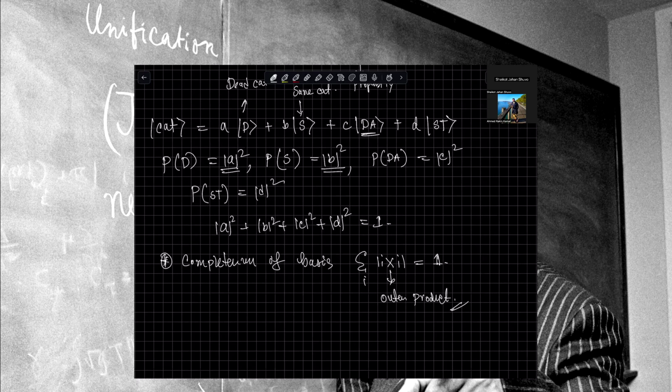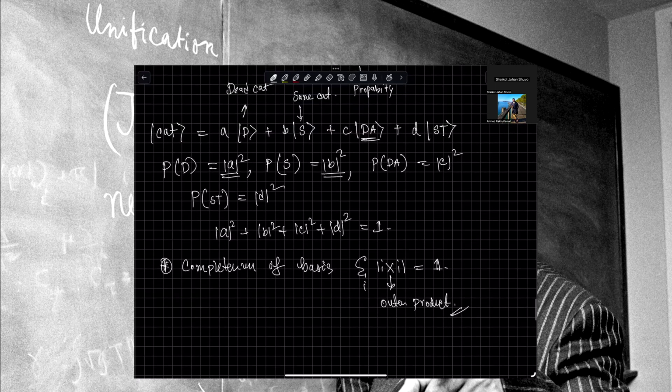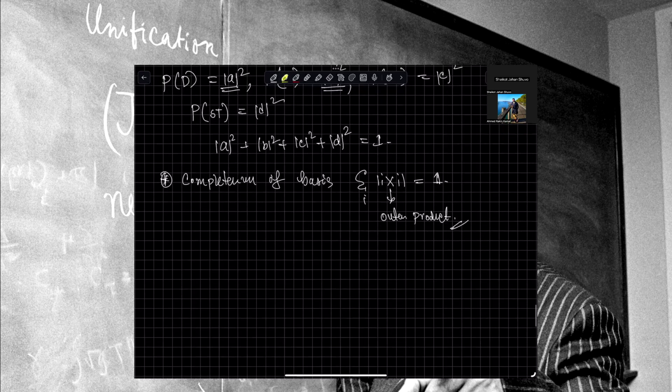If I recall correctly, people call it outer product. Yep. All right, but don't worry too much about these things. The takeaway is the sum of all the probabilities is 1. It has to be 1, otherwise it doesn't make any sense. So the sum of all the probabilities equals 1, which means if you have a state written like this,